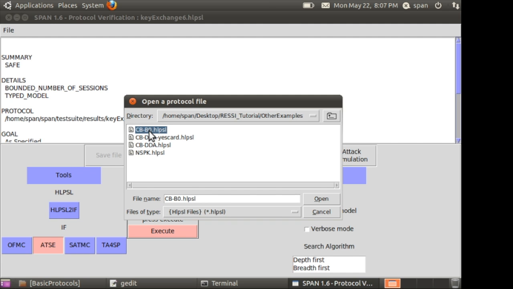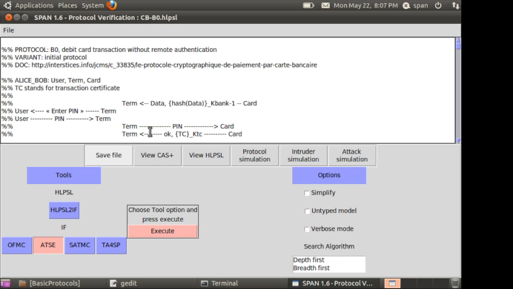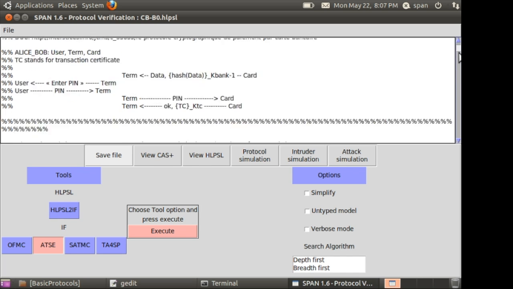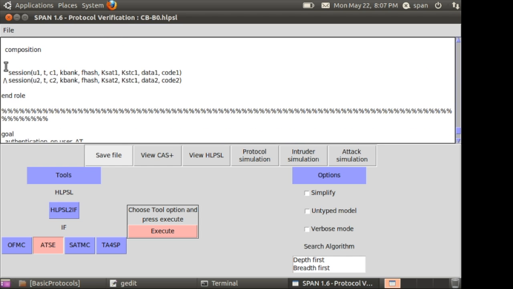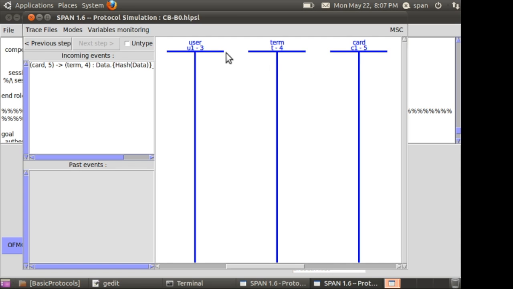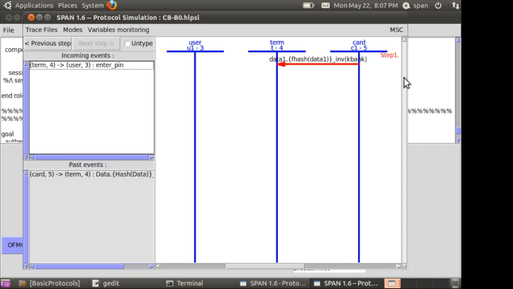So CB-B0 is the original protocol that was used with credit smart cards. Maybe the simplest thing I can do is just to show you a simulation. So in fact, I will just comment this session. So it's a protocol where you have a user, the terminal on which you're going to type your PIN, and the credit card. And initially the protocol is the following: the terminal reads on the card some